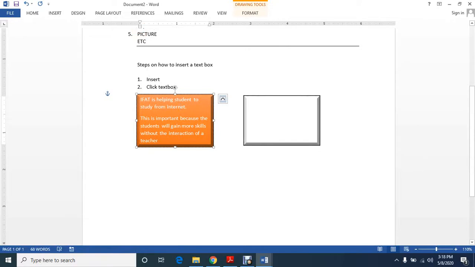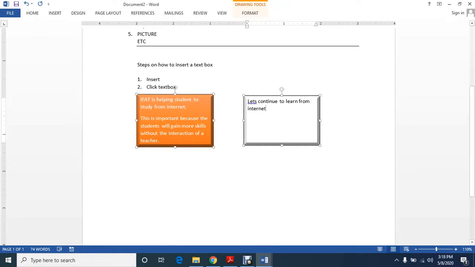What's the advantage of creating a link? When I continue to write something in this text box, it will continue directly to the second text box. So let's continue to run from the internet.